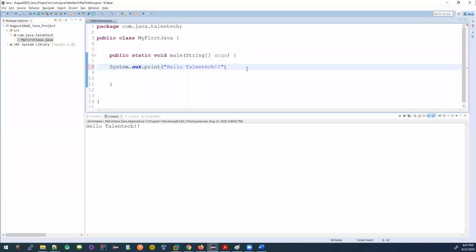Okay, so I need to enter the semicolon. So try to figure out all this small stuff. This is very important. When you'll be writing code, you'll be missing it, you'll be getting errors. So don't get frustrated. Try to figure out, read the error first and see what's happening. And you'll be able to fix it. You'll be able to debug it, okay?